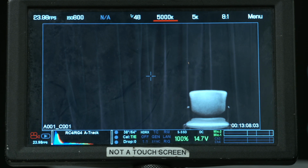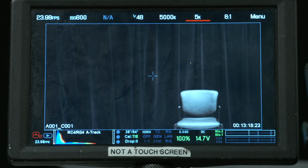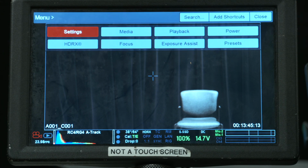Here would be my color temperature, depending on what my resolution and frame rate should be. This is the ratio, the compressed RAW ratio. 8:1 is normal, so that would be ideal for our productions. I could go higher to get more data rate on there, but at some point it becomes noisier, so I don't want to push it too far. 8:1 is normal. So if I press menu, now this is going to take me through a tree of other menu items,